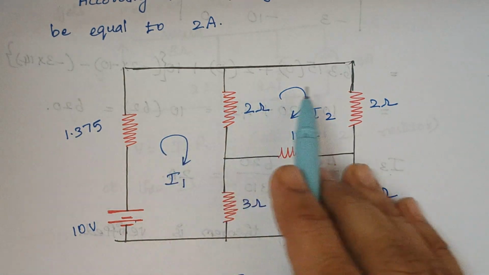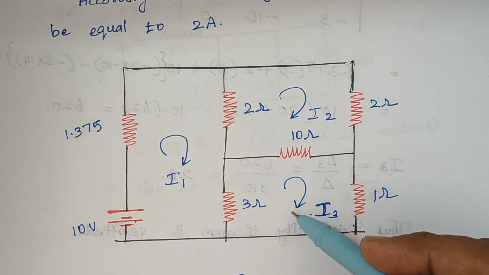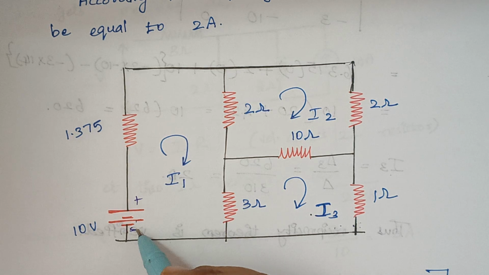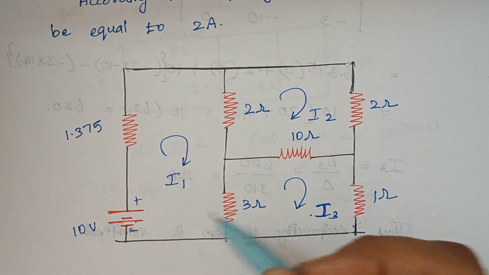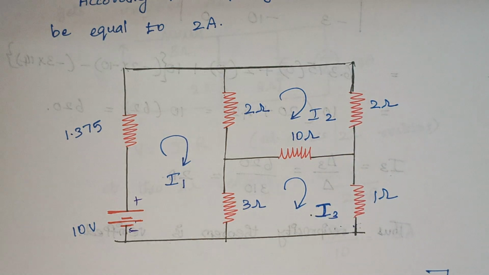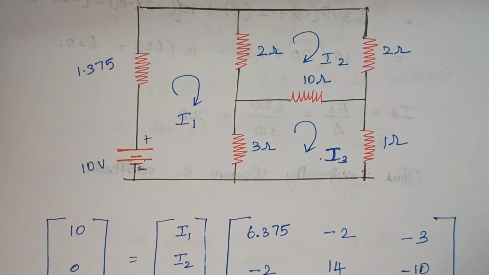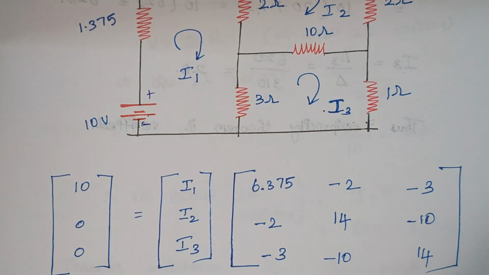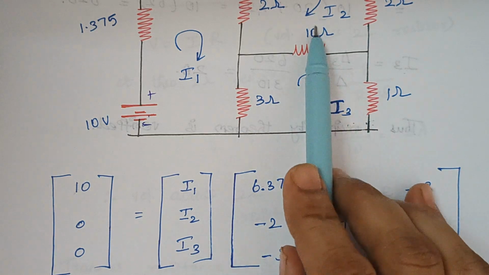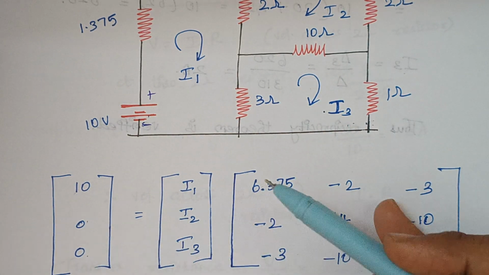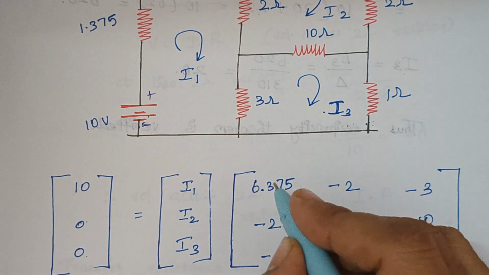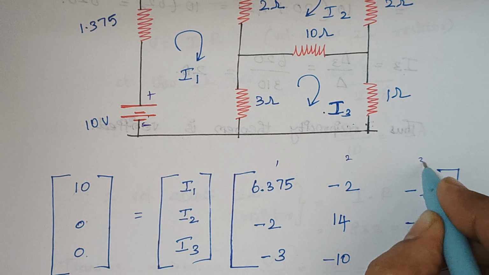So, again the direction of flow we can assume by ourselves. Since we are having a voltage source, let the current flows from minus to plus, right? So I1, I2 and I3. Okay, I2 and I3 we are taking by our own. So the next thing is framing the matrix. So when you frame matrix, this first loop has only one voltage source. Loop 2 and 3 have no voltage sources, therefore 0. And the currents are respectively I1, I2 and I3. And as we all know, as usual, the same way to frame our